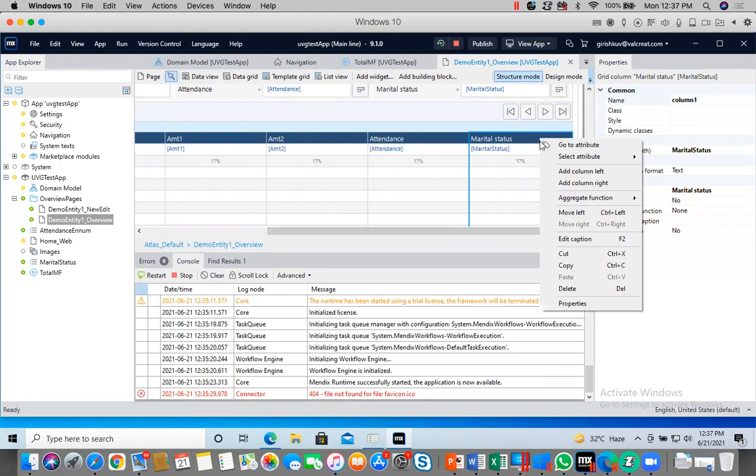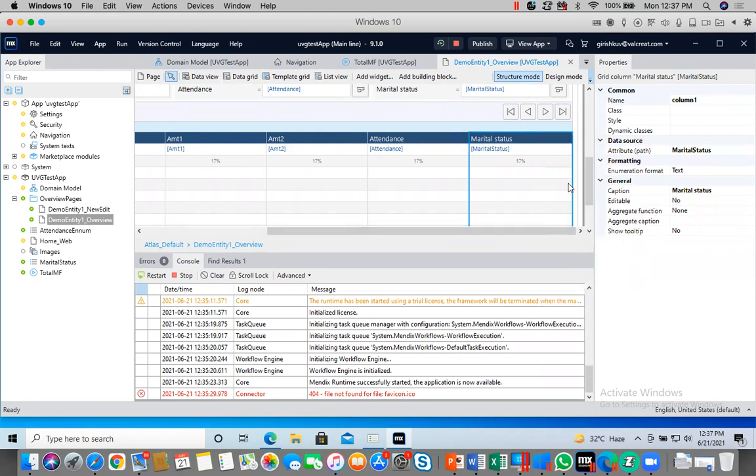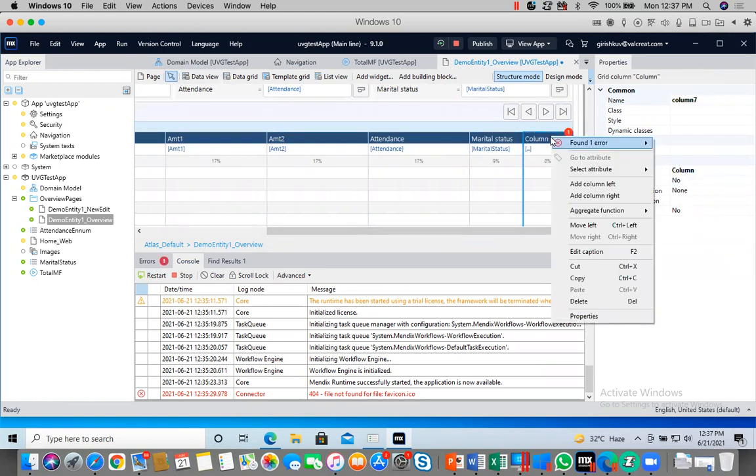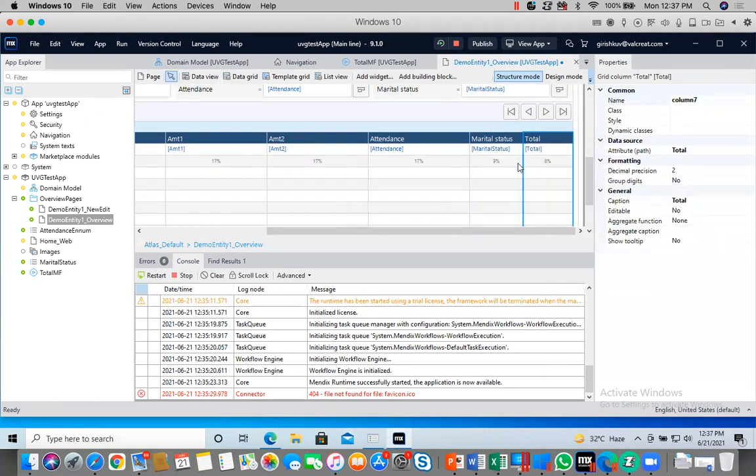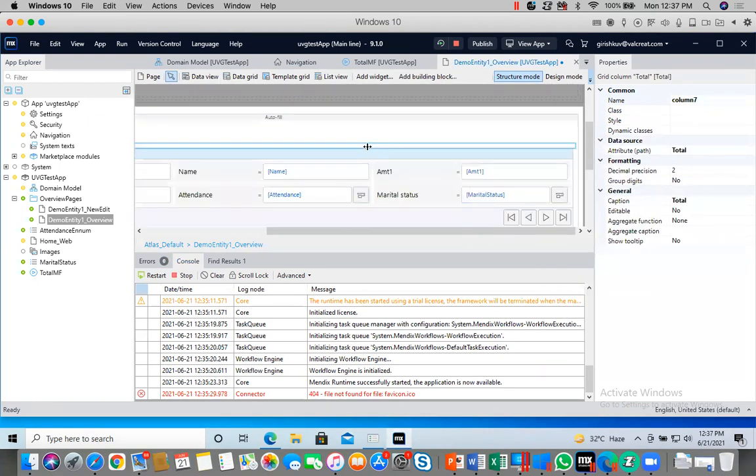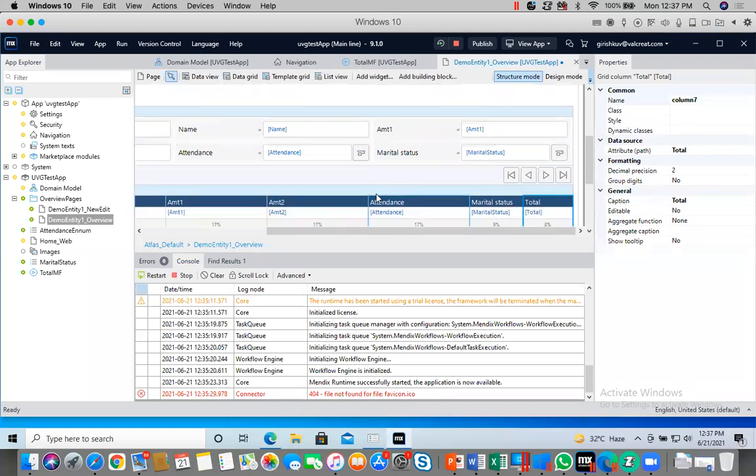So you can add a column and add attribute total. Because total is an arrived figure, it's a compiled figure, it's not an original figure. So you will want to show the total in the system record, you can add the field here.